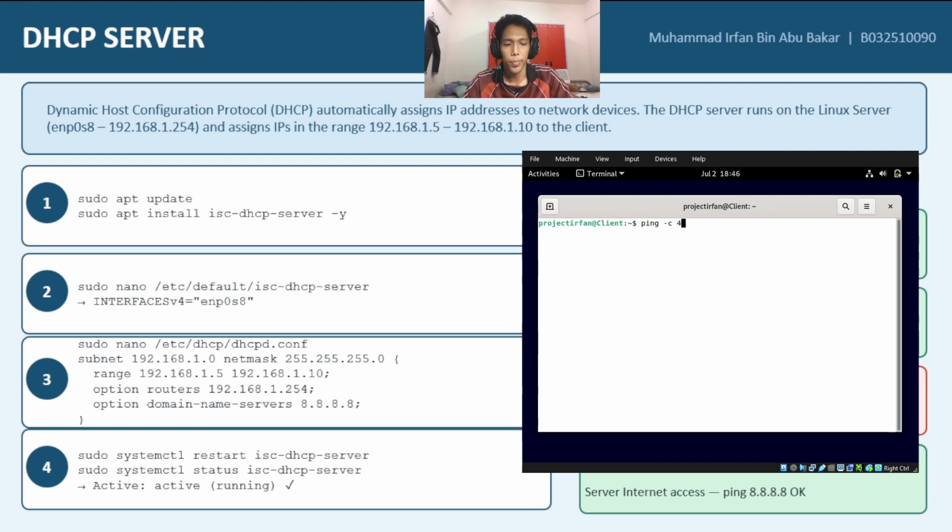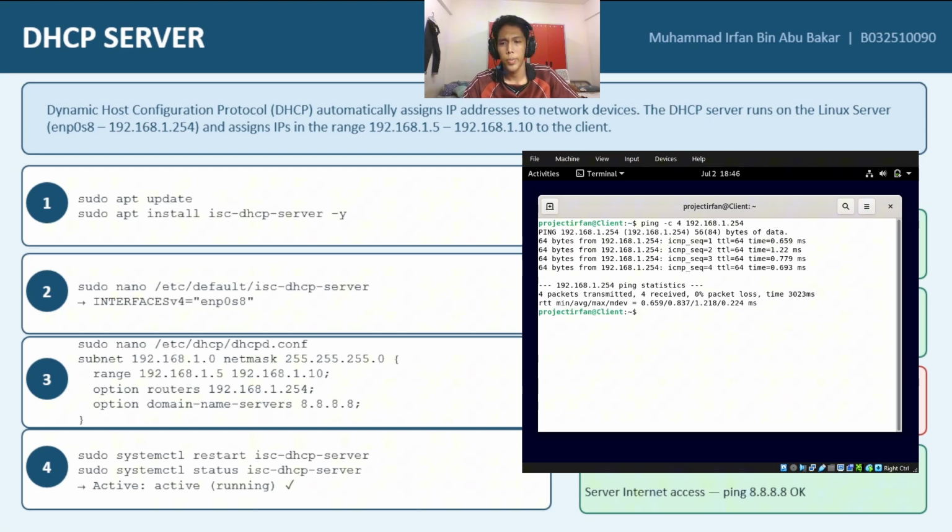Ping -c4 192.168.1.254. And it also shows 100% packets transmitted without packet loss. Now, all tests